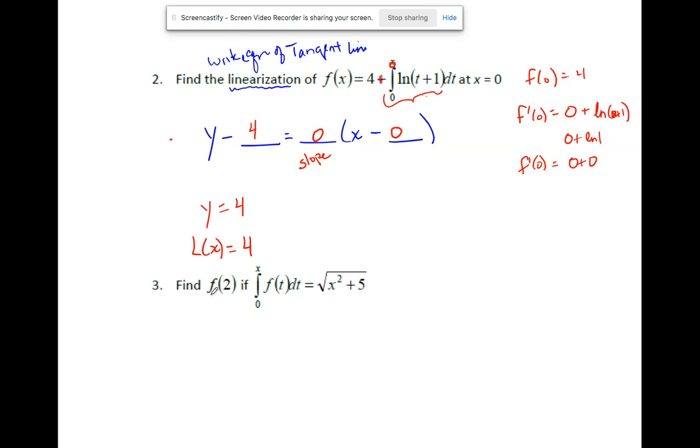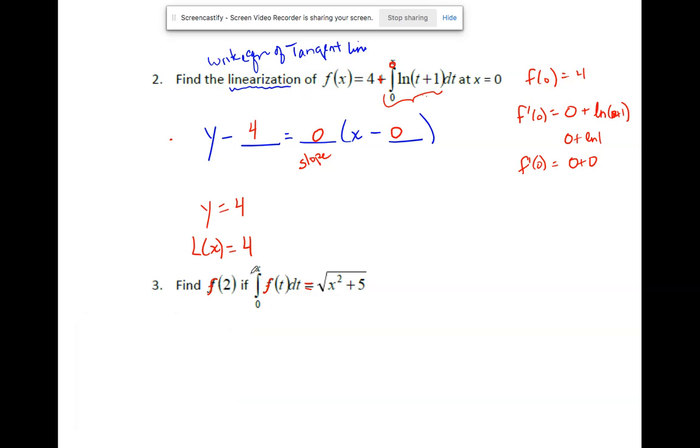Find f of 2 if little f as an accumulator of the integrand is equal to this expression. So wait a second. These two things are equal, and I want to plug 2 into the expression for f. I don't have an expression for f. This square root of x squared plus 5 is not little f. Little f has an integral on it. How do you get rid of an integral? Differentiate,